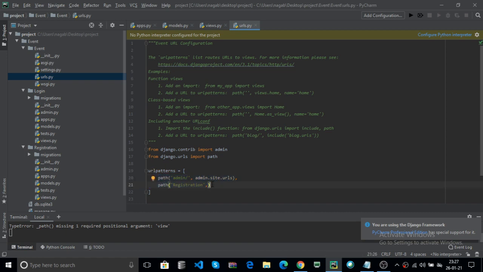For example, registration is one page, login is one page, home page. For example, Amazon contains product as one page, item cart is one page, login is one page, logout is one page, your orders is one page. These are the paths, that is the URL paths.